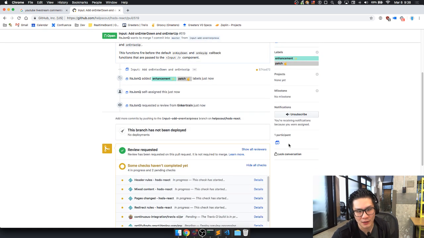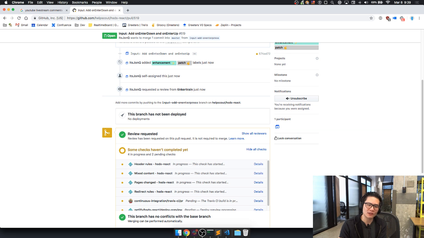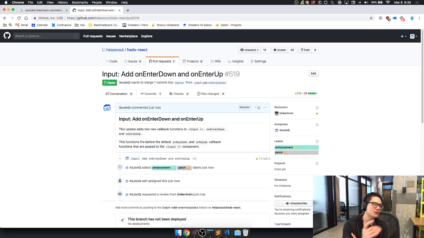The things that are going to run are Travis to run through all the tests to make sure everything is good, and also a Netlify deploy preview. This is very handy for people who want to QA this thing. This is the point in the process where